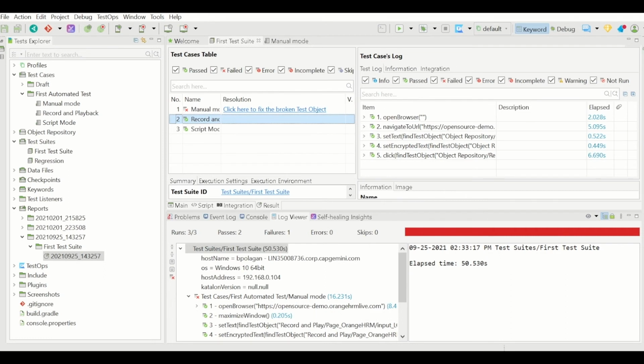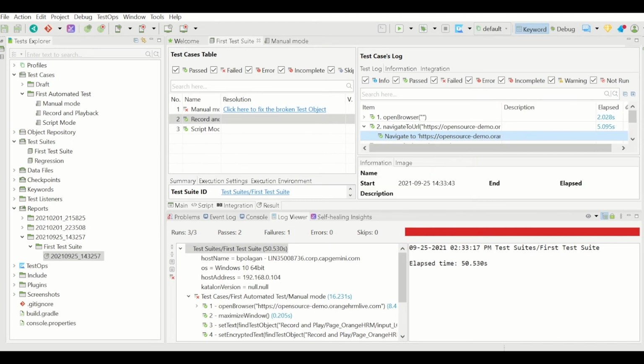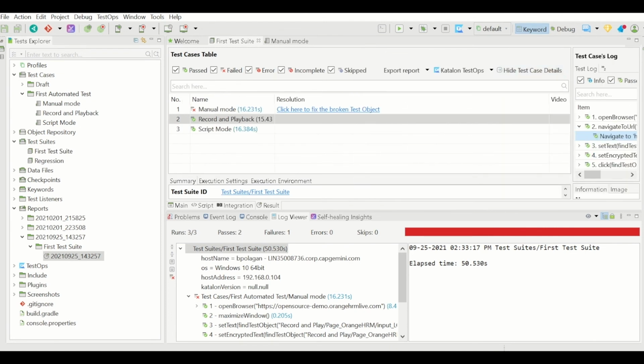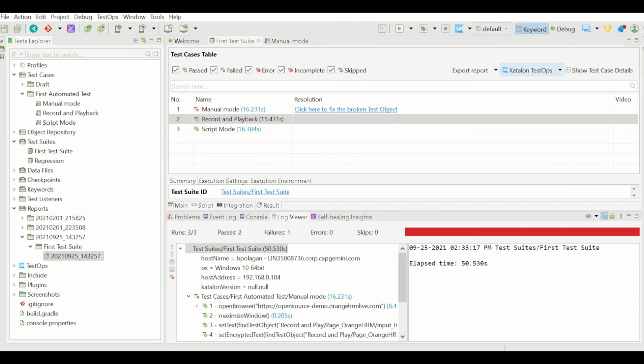Let us click on this test case, no failures. You can just click on the down arrow. You will see this particular navigation is successful, and you can see information like when it started and everything else. When you want to hide the test case details, again you have to drag it. You will see hide test case details. It will just hide that window. So that's all about it. These are the different places where you can see the execution results and the reports.